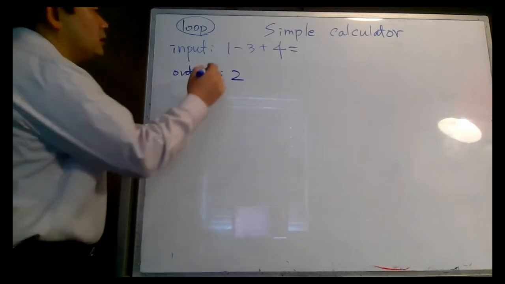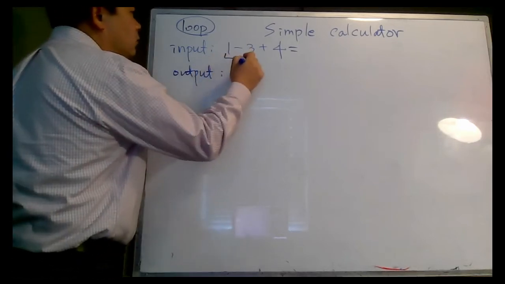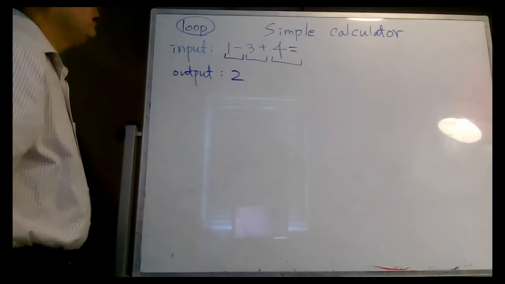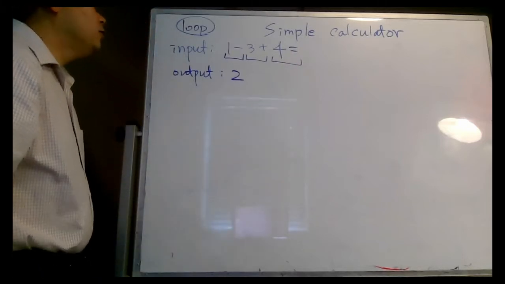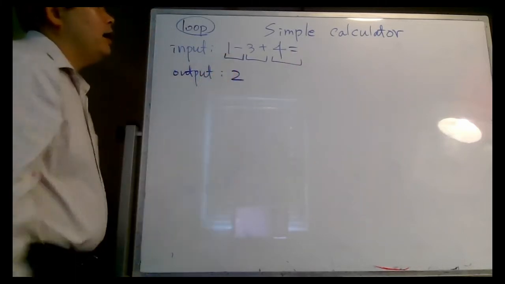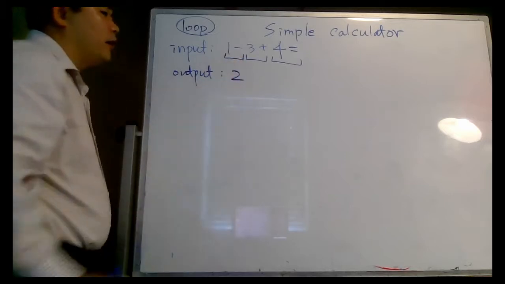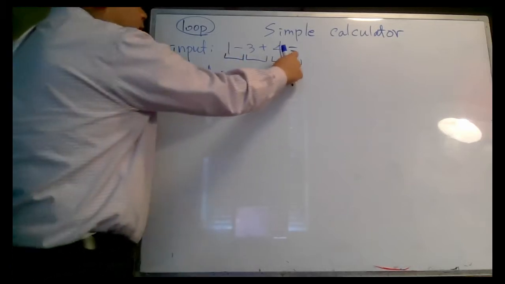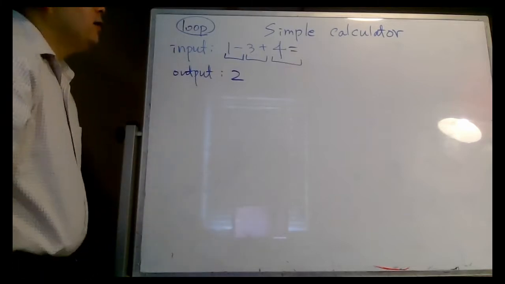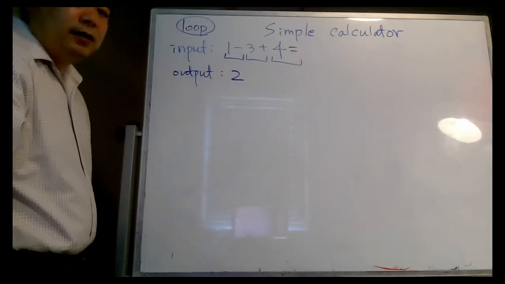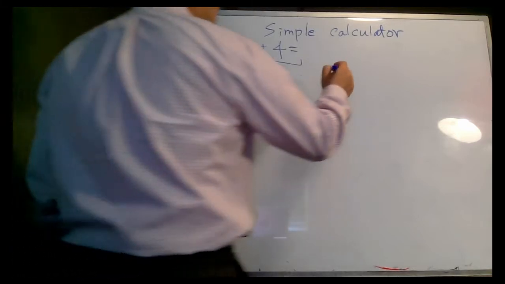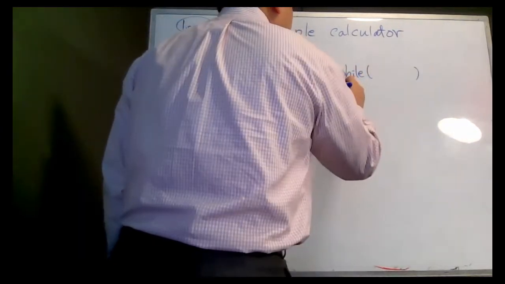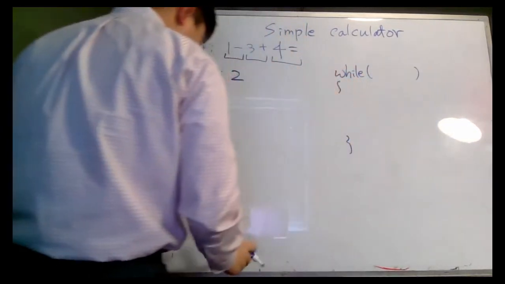It seems like in each iteration you read a number, and then you read an operator, and so forth, until you meet the equal sign at the end. So let's say while,